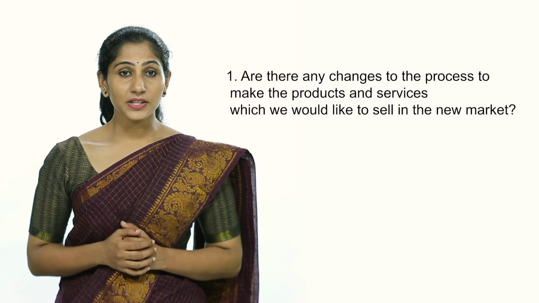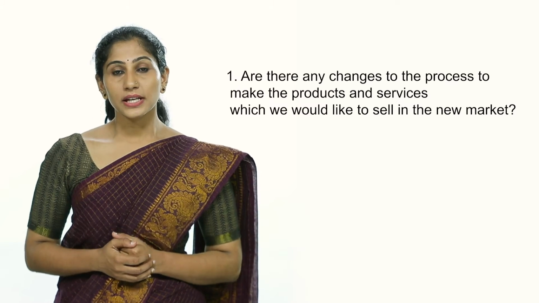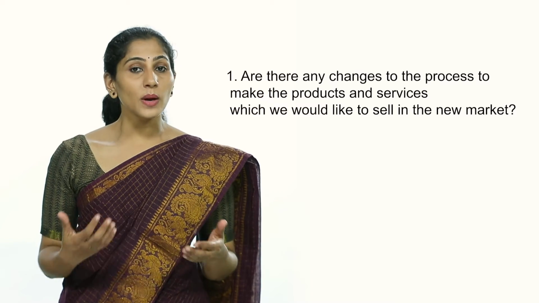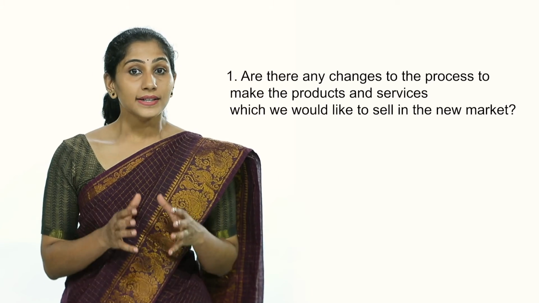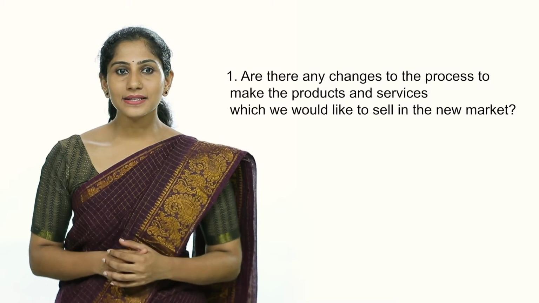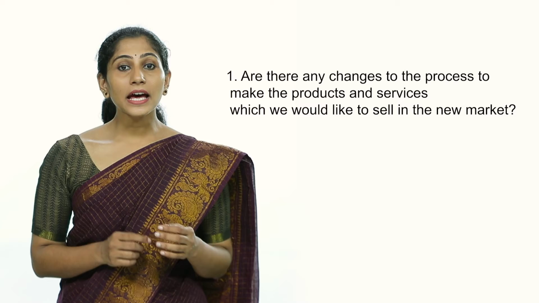Let's turn our attention to the production plan. This section also has 5 questions and we will follow the same process as in the previous subsection. The first question in this section is, sometimes implementing a growth strategy requires an entrepreneur to make changes in the production process to achieve higher sales volume. Ramu will follow the same basic process of making tea and snacks at the new location. There will be no change in the production process.